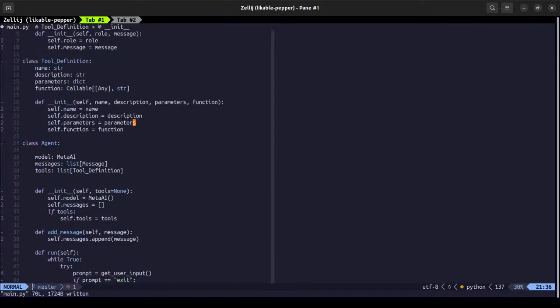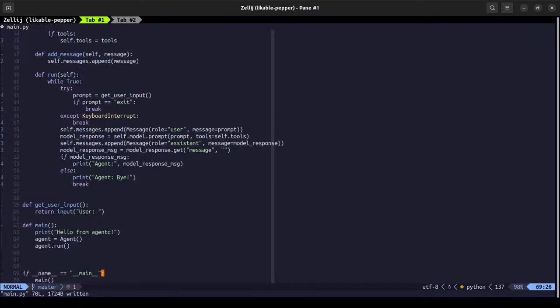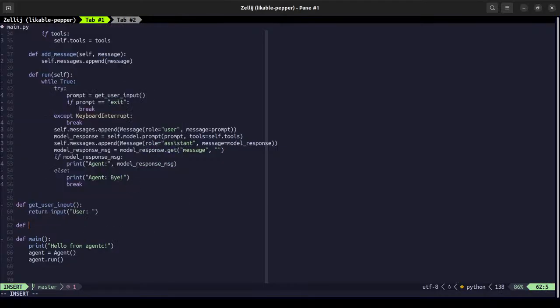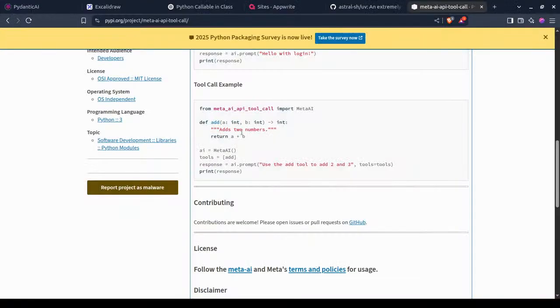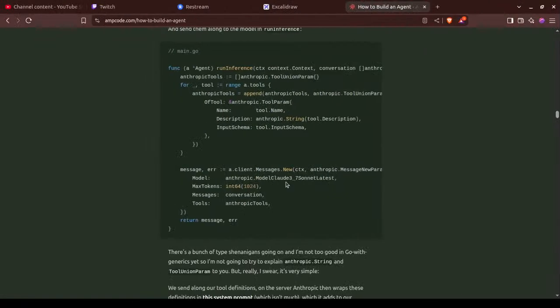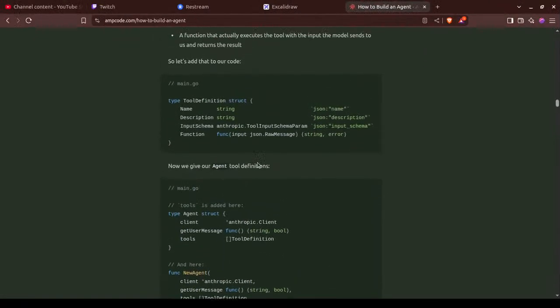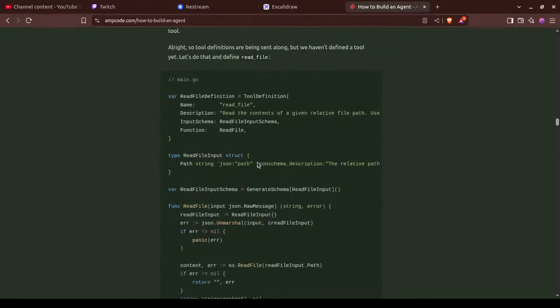Let's add in the tools that we need here. So let us define the tools actually here because tools are independent of them. So we'll say read file. So this will take in the file. Let me see. What was the read file? I think it takes a file path, right?